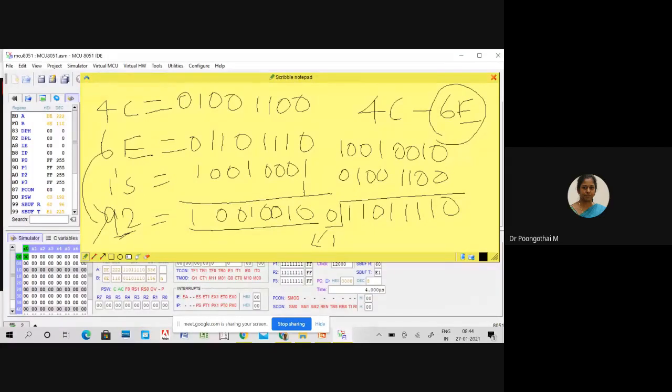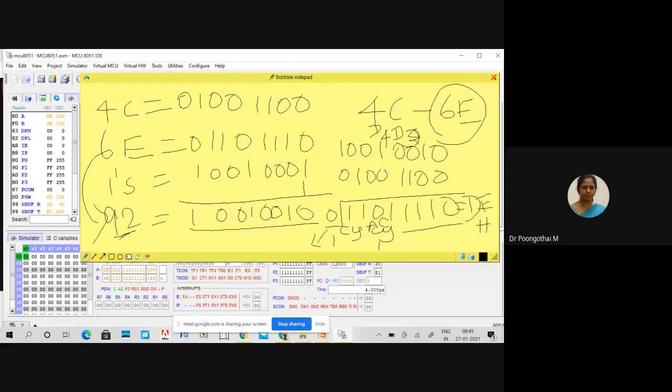So for verifying the result, we have to take the 2's complement of your source operand that should be added to your first data. After that, you have to invert the carry and also invert your auxiliary carry. Here, there is no carry from D3 to D4. So what is the status of auxiliary carry? Auxiliary carry is 1 after inverting. So from this carry flag status, we conclude that the result is in 2's complement form. What is the answer? DE. So DE is in 2's complement form.